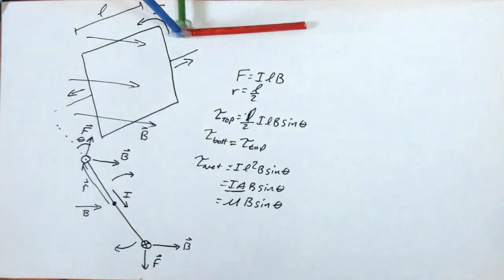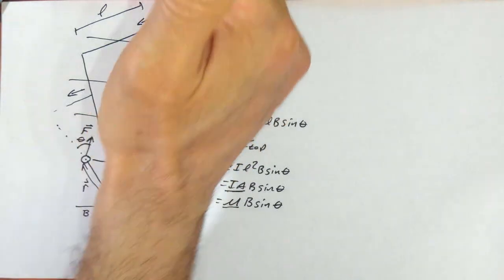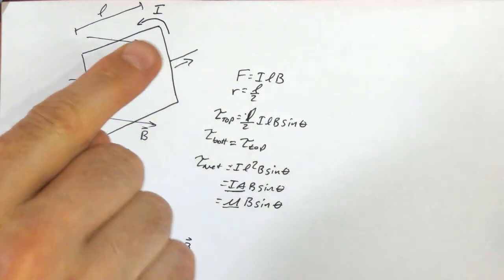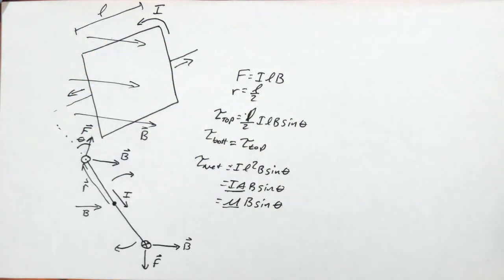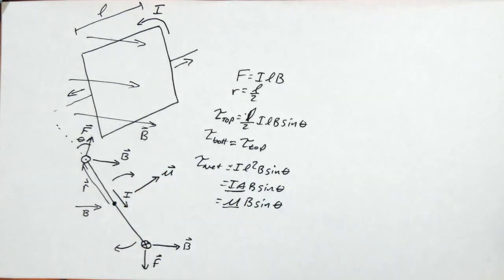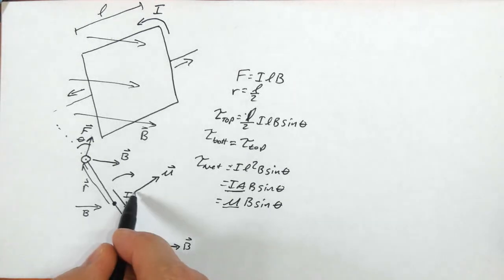Now we could take this one step further and talk about a vector nature of this mu. Okay, if we define mu, the direction of mu, to be given by the right-hand rule for this curling loop. So this is where my hand's a little bit better. The current's curling around this loop, which means the thumb points perpendicularly away from the plane of the loop. Okay? So in this case, mu points like this, and we give it a vector nature. Now I'll leave it for a geometry problem. I'll leave you to do the geometry, but